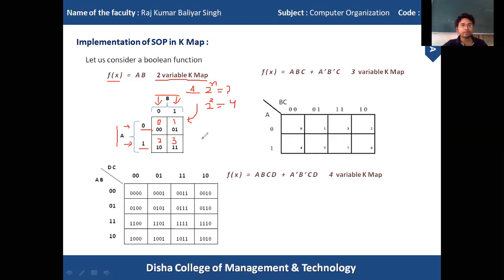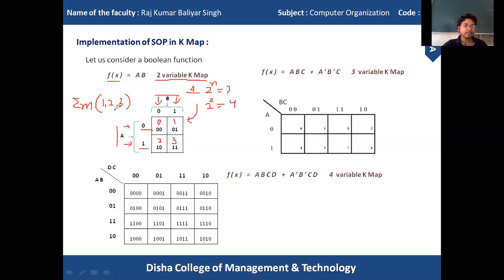Just remember, this SOP is represented with summation of small m, and I have written 1, 2, 3.